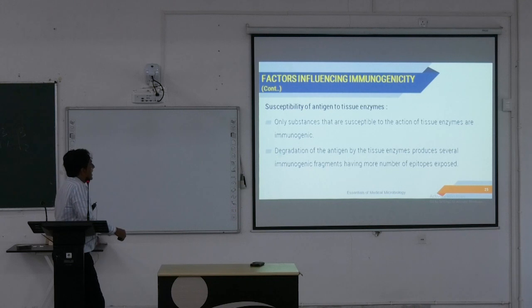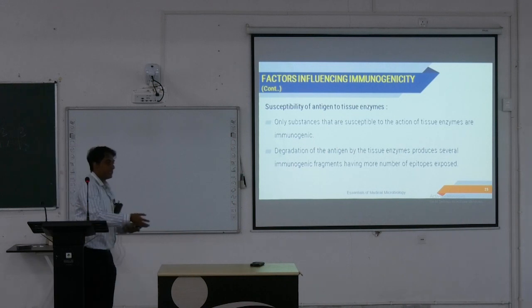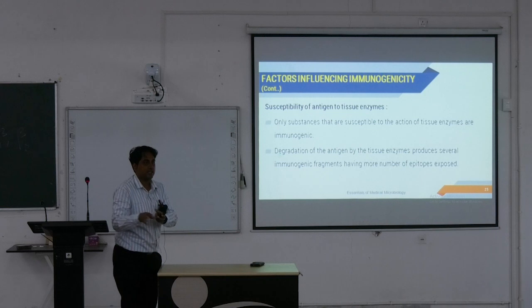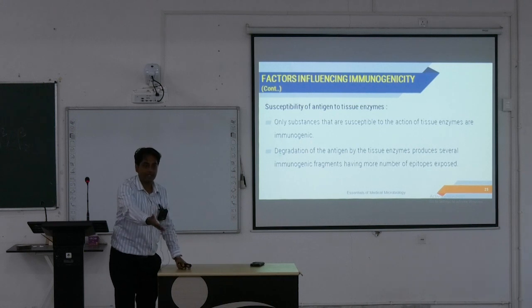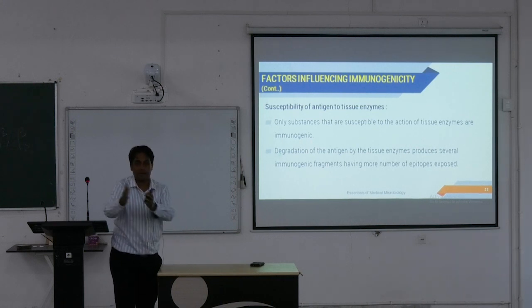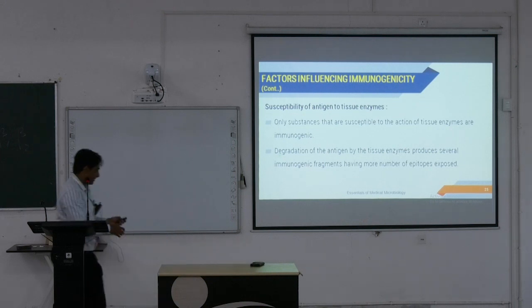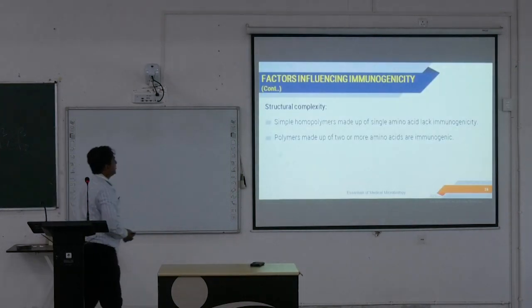অ্যান্ড সাসেপ্টিবিলিটি অফ অ্যান্টিজেন টু টিস্যু এনজাইমস, টিস্যু এনজাইমগুলো দিলে কি হচ্ছে, ডিগ্রেডেশন অফ দ্য অ্যান্টিজেন বাই টিস্যু এনজাইম প্রডিউস সেভারাল ইমিউনোজেনিক ফ্র্যাগমেন্টস হ্যাভিং মোর নাম্বার অফ এপিটোপস এক্সপোজড। একটা অ্যান্টিজেন যখন ঢুকে টিস্যু এনজাইমে সাসেপ্টিবল হয়ে যাচ্ছে, তখন সেগুলো অনেকগুলো ফ্র্যাগমেন্ট হয়ে যাচ্ছে, তাদের মাল্টিপল এপিটোপস গুলো এক্সপোজ হয়ে যাচ্ছে। যতগুলো এপিটোপ হচ্ছে, ততগুলো বেশিভাবে অ্যান্টিজেনের এপিটোপ অ্যান্টিবডি প্যারাটোপের সাথে লাগছে, তত বেশি ওটা ইমিউনোজেনিক হয়ে যাচ্ছে।